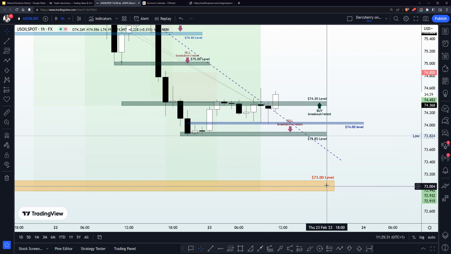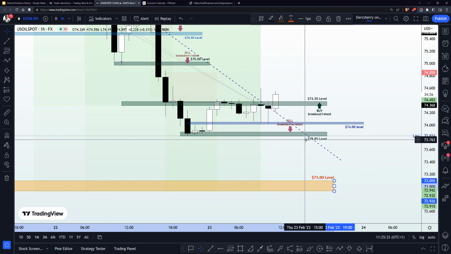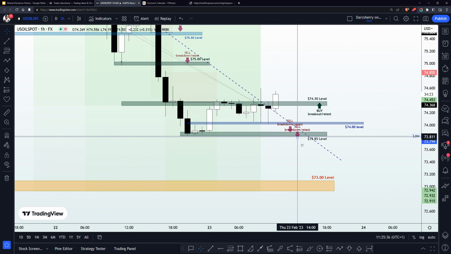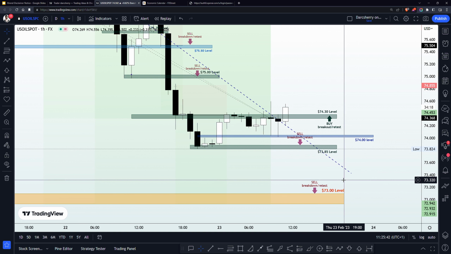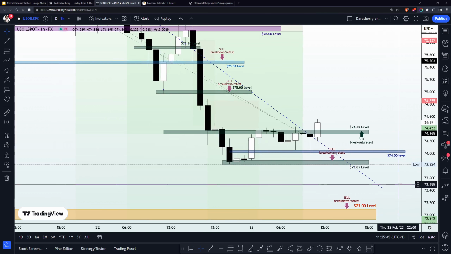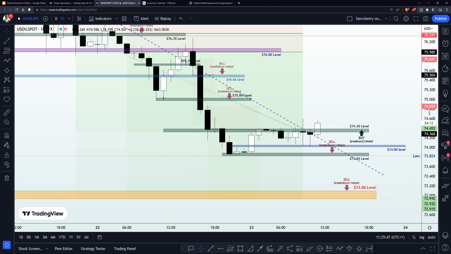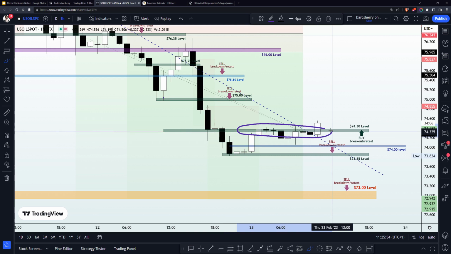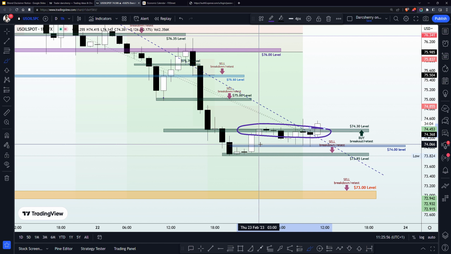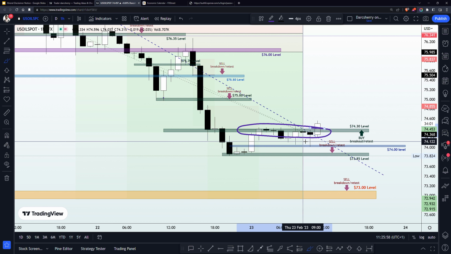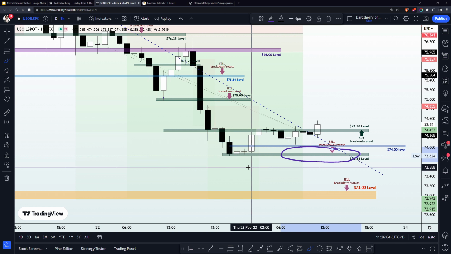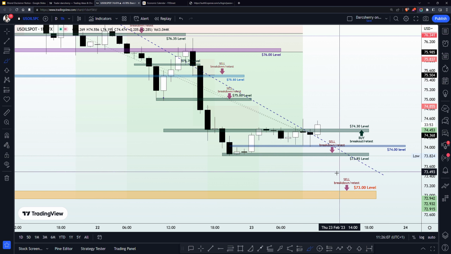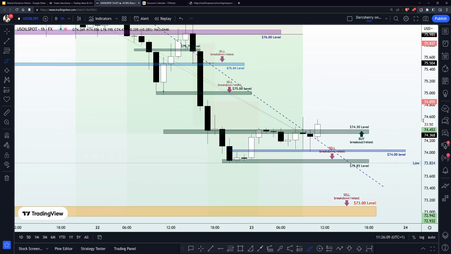And then remember that we also have a key level at the $73 level, where a breakdown of that structure will also welcome additional position to our existing trade. So these are the things we shall be looking forward to during the New York session today. So we have this channel as a guide for trading activity. So if price action remains above the $74.30 level, we want to feel comfortable in our buy position. And if price takes us out of the buy position, leading to the breakdown of the $73.85 level, we shall be getting ready to join that decline to the downside.